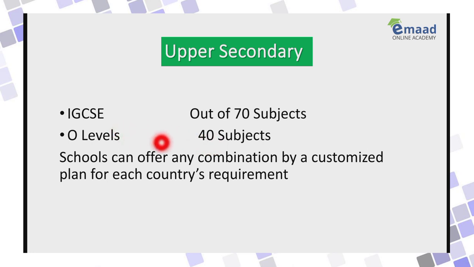But if you want to go to a higher degree, higher in a sense, not a level, it is the same level, IGCSE is equivalent to O levels, but in scope and in variety of subjects, because IGCSE offers out of 70 subjects. So in IGCSE you have more choices. You have 70 subjects, and you can choose at this level 6 subjects, 7, 8, 10. It depends on you how many subjects you want to select, study, and then appear for the exam.